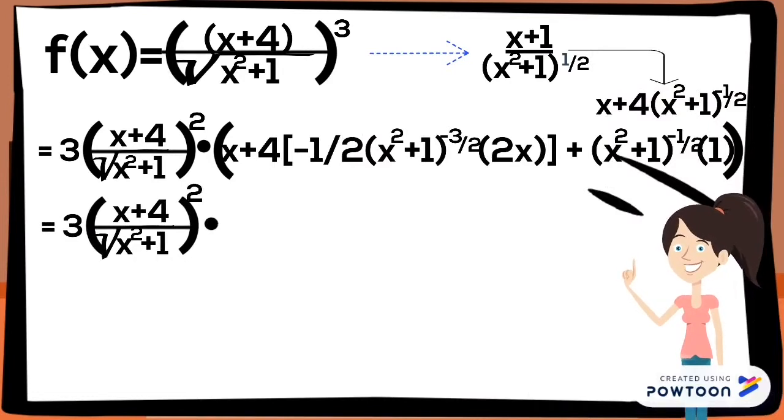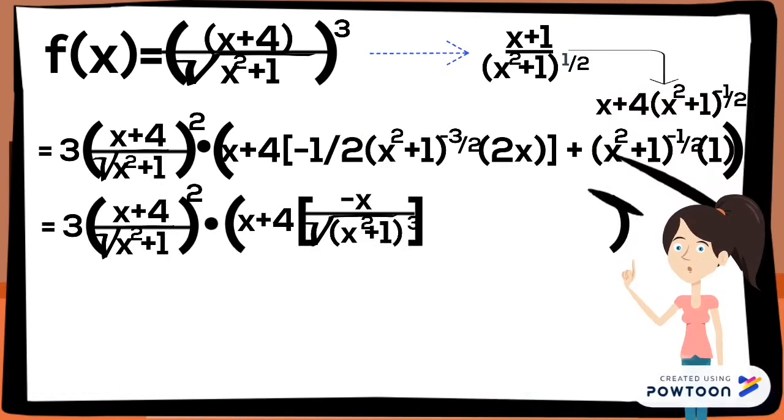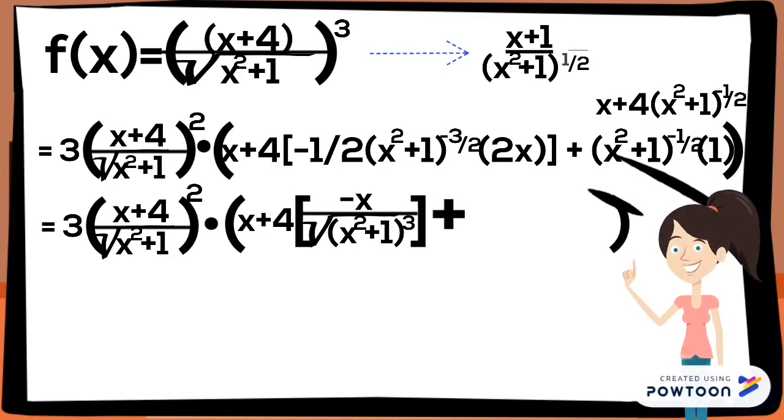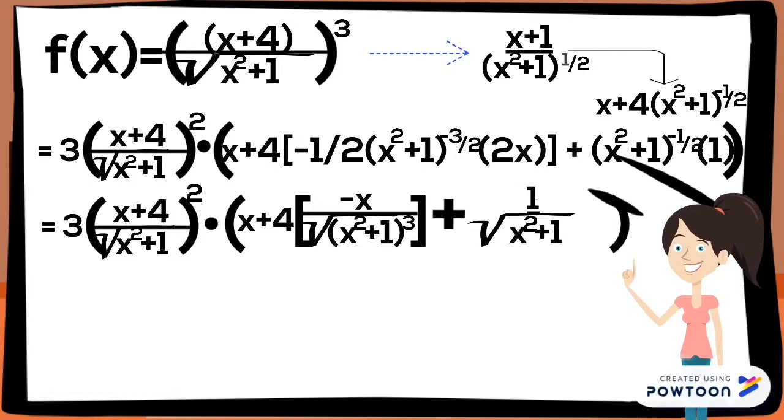Copy the first term, x + 4, and then multiply to the derivative of the second term using the chain rule. Bring down -1/2. Copy (x^2 + 1). Subtract 1 from its exponent. -1/2 minus 1 is -3/2, times the derivative of the inside, which is 2x, plus